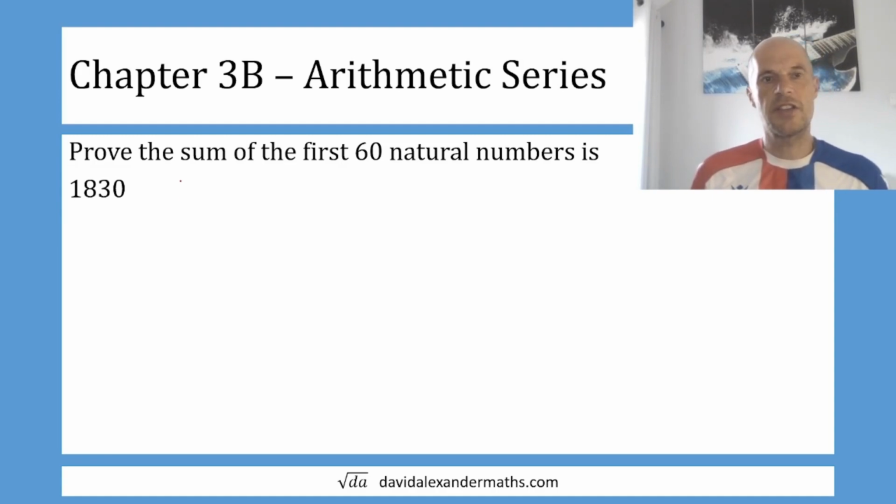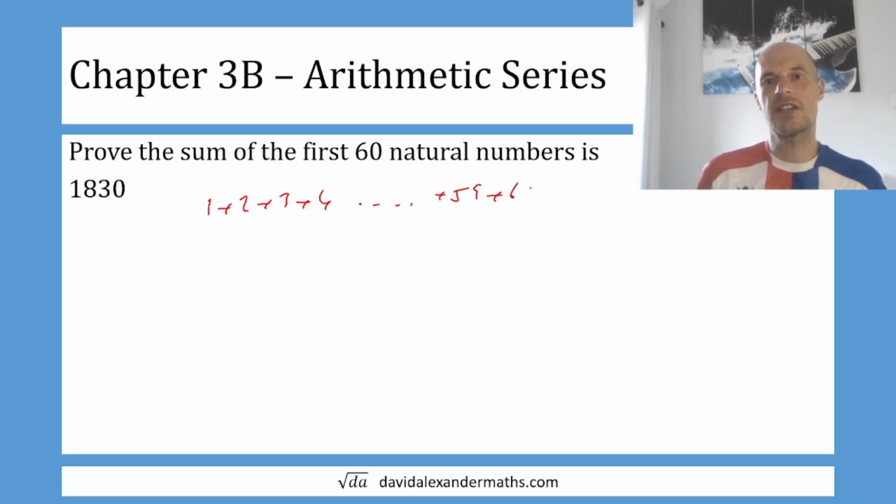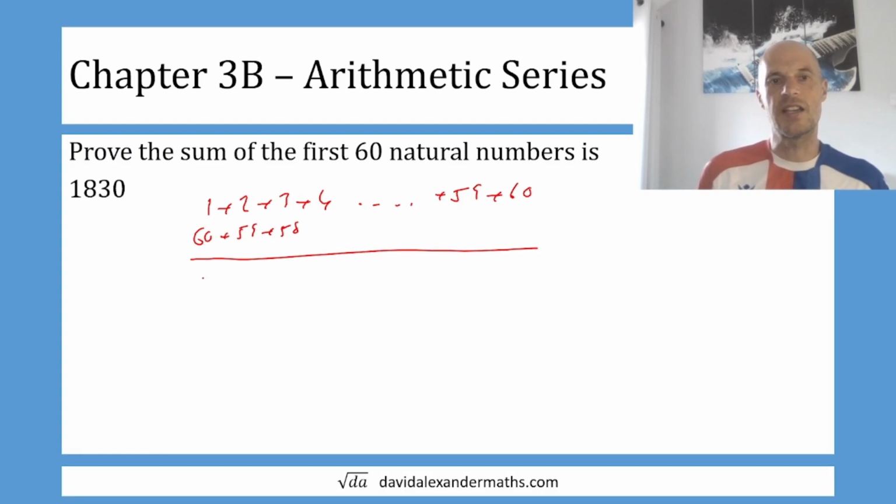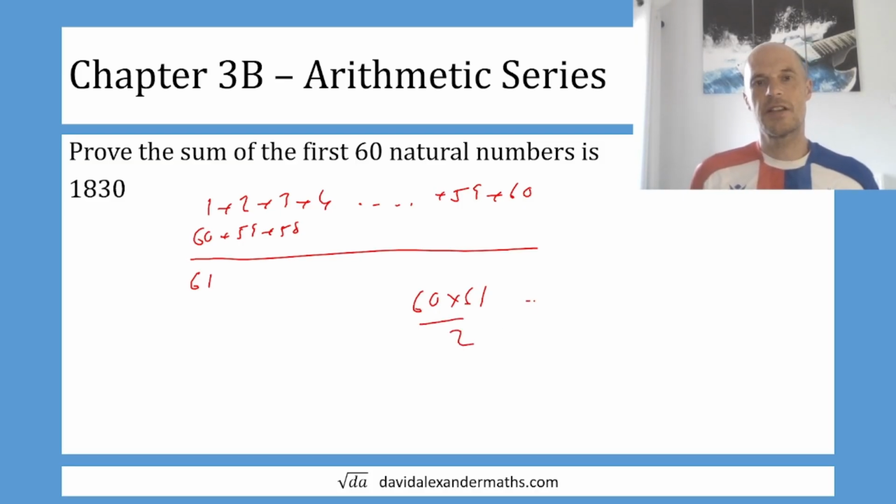Okay, so here's a proof question. Prove that the sum of the first 60 natural numbers is 1,830. So that's 1 plus 2 plus 3 plus 4 all the way up to plus 59 plus 60. And we know that this is the same as 60 plus 59 plus 58. So what we have is lots of 61s. So it's going to be 60 lots of 61s, halved, and that is the same as 30 multiplied by 61, and that is